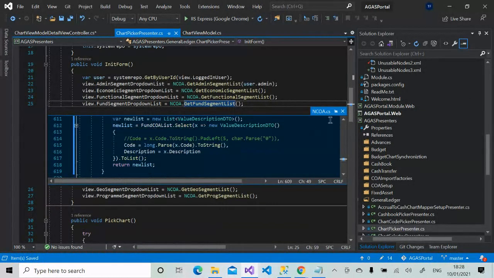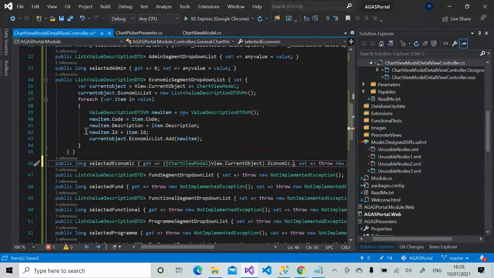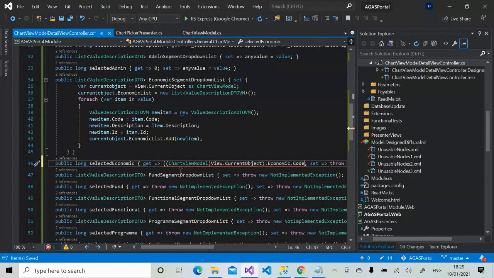Okay, code and description. So there's no ID. The data coming in is not really relevant with the ID, but we can leave it. So here, when they say long here, what we do is we return the code of the economic segment, but we will now